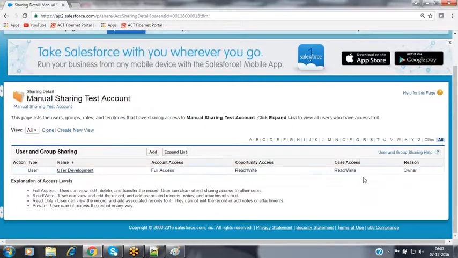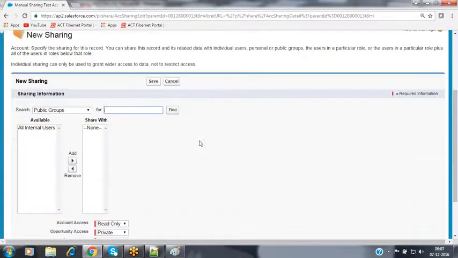As of now, this user has access to that record here. If you want to share the record with any other person, click on the Add button. Not only this person, I would like to add one more user in this table so that this person also will be able to access my record. Click on the Add button here in order to share the record manually. Now, to whom do you want to grant visibility on this record? For that, it provides a search option here.